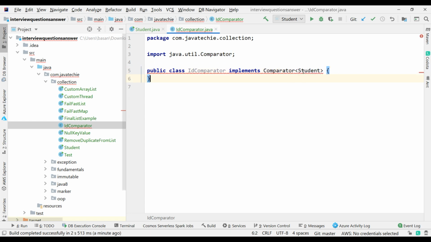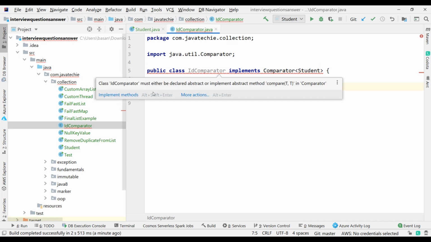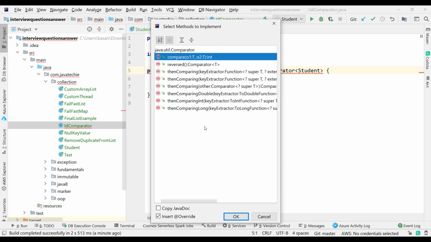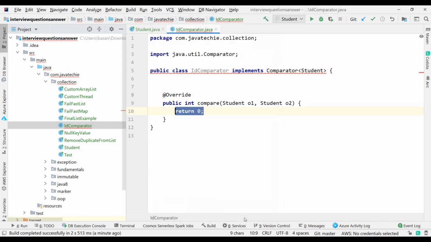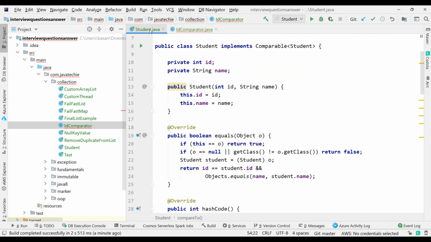If today I want sorting based on the ID, I can use this IdComparator. If tomorrow I want it based on the name, I can use another comparator rather than hardcoding in the same class or your target class. So I'll just override the compare method. Fine. So inside this method, I can place the same logic.